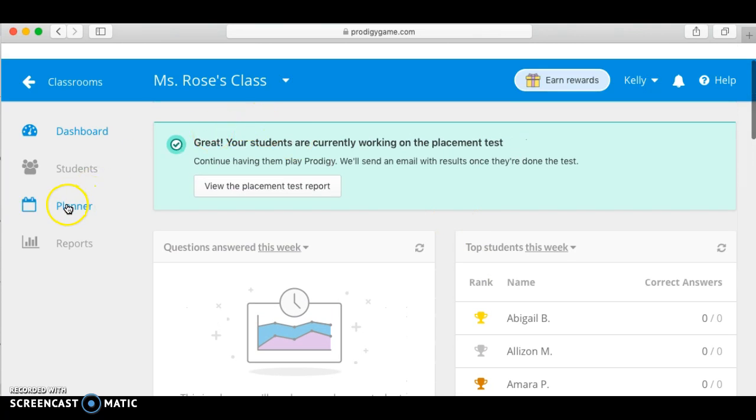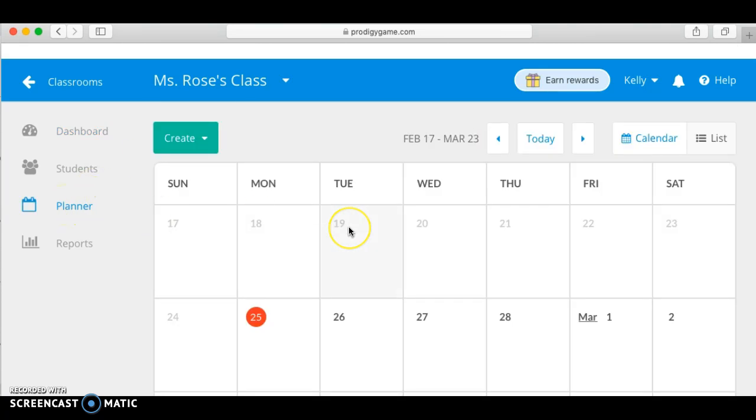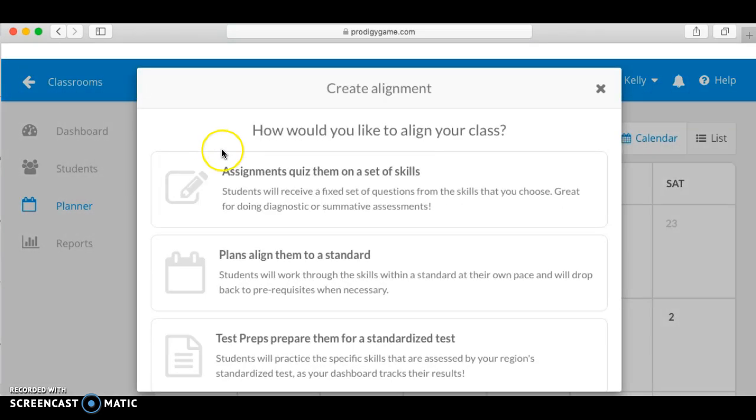If I go to Planner, this is where it brings up a calendar, and this is where I can create assignments that are to a specific standard. I can make plans to a standard, and I can also prep them for standardized testing, which I do a lot. So instead of having them do math problems that are aligned,